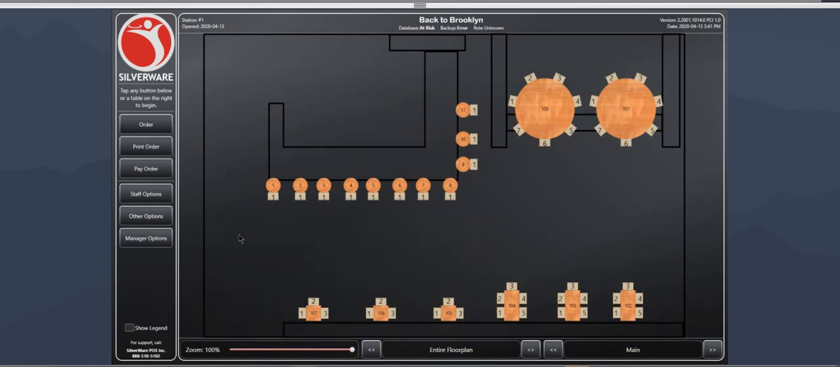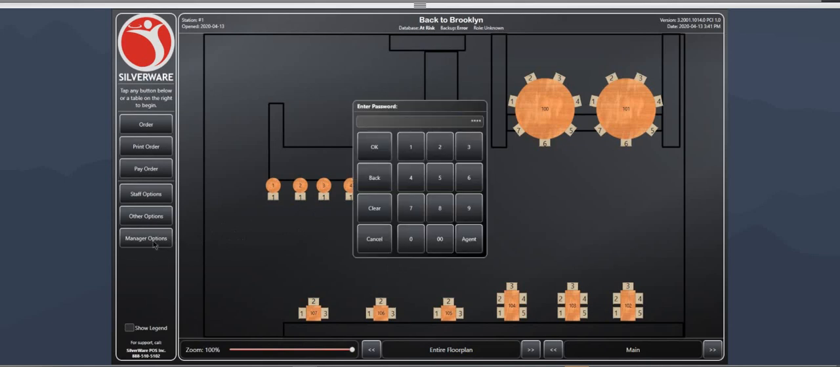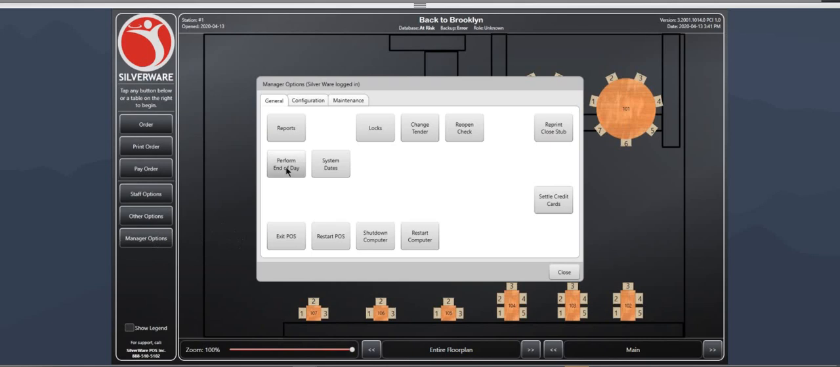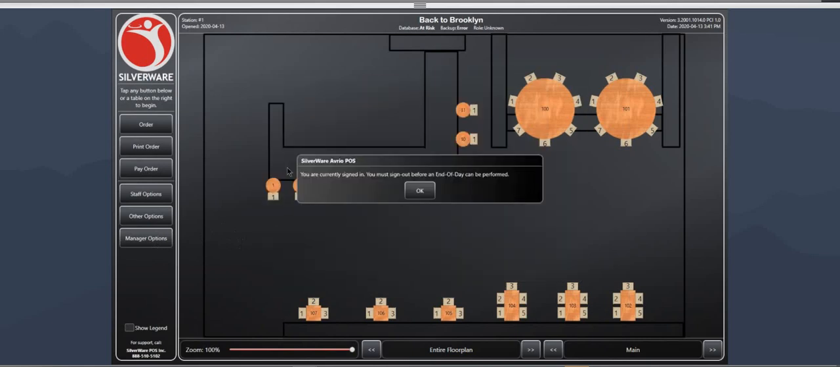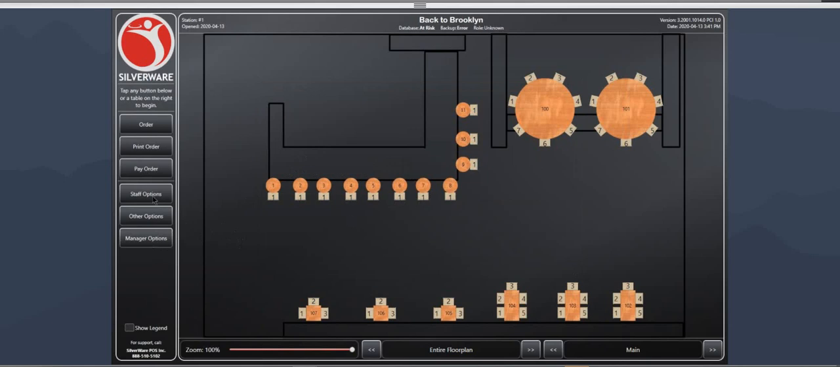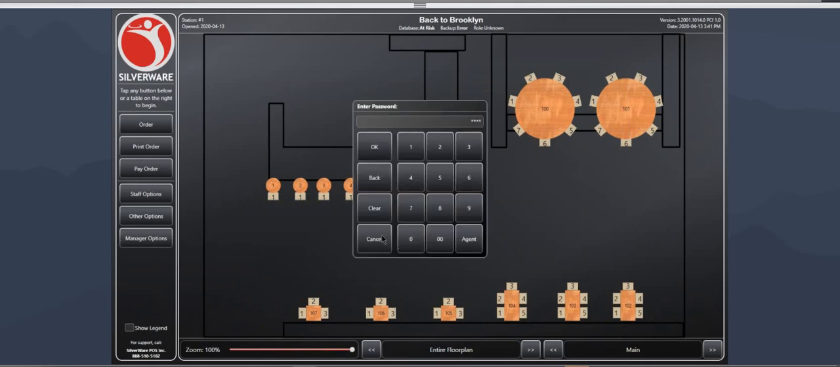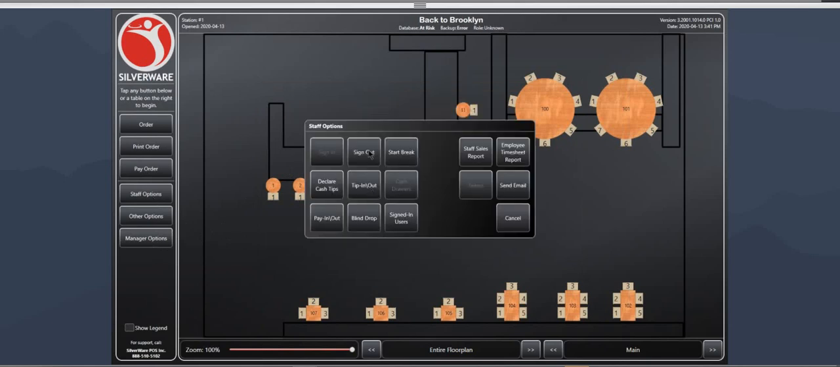Okay, guys. So the last thing I'm going to show us here is how we perform the end of day. What I just did is I closed all of my open tables, and I'm going to go back into manager options with my manager code, and I'm going to hit perform end of day. Now what it's going to tell me is you are currently signed in, you must sign out. So that tells me I need to go into staff options with my manager code,